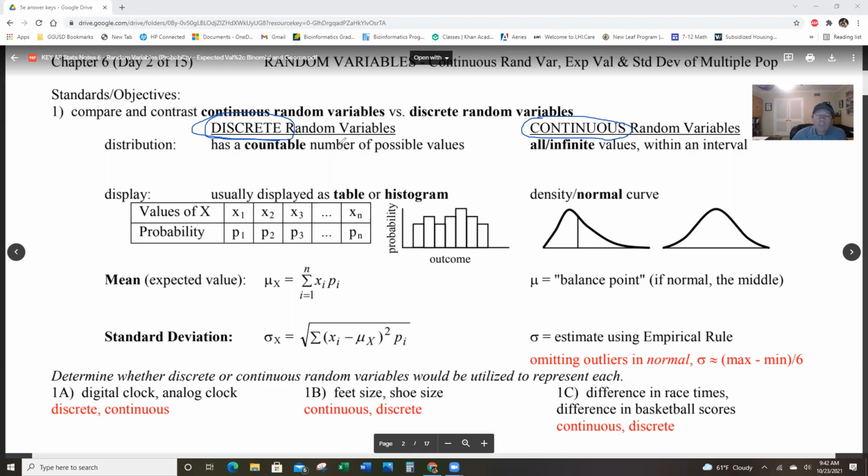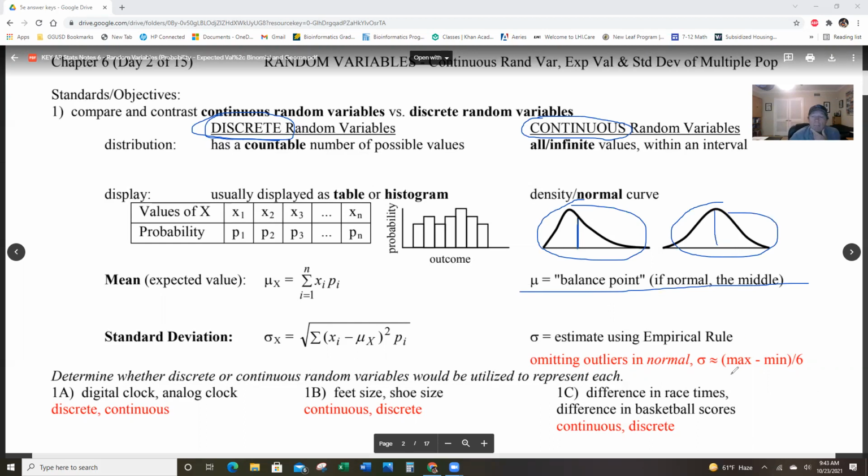Okay. So discrete is countable, continuous is like the normal curve. It is one example of a continuous variable. I have 2 of them sitting here, of course. This is a skewed right curve, and this is a normal curve, but it's still a continuous variable, okay? By the way, the mean or mu is the balancing point. If it's the normal curve, it's the middle. If it's something like this, it's not quite the middle, it's the balancing point. And then you got standard deviation, we know all that stuff.